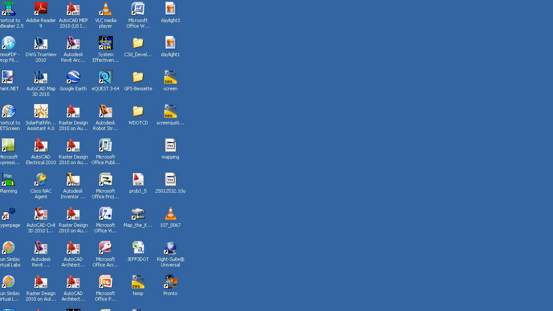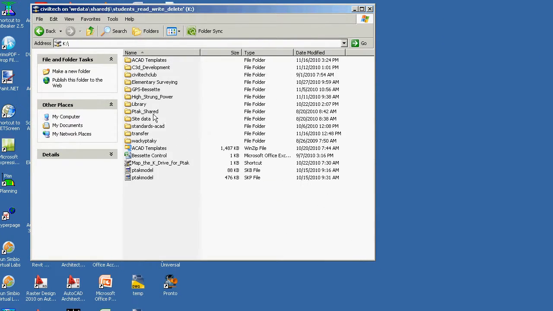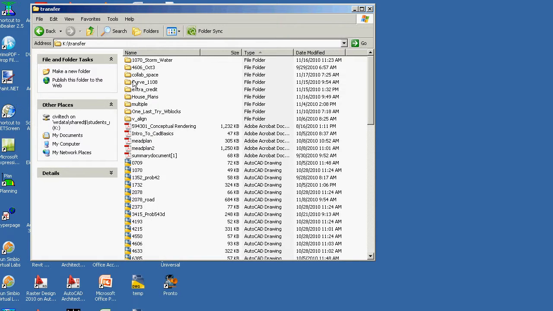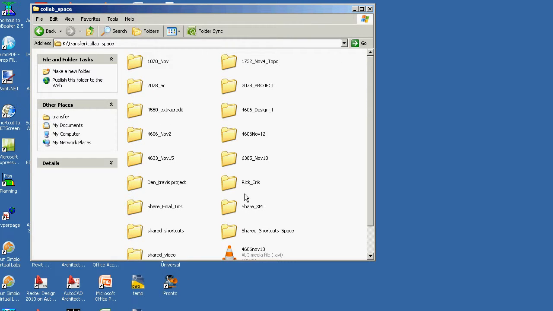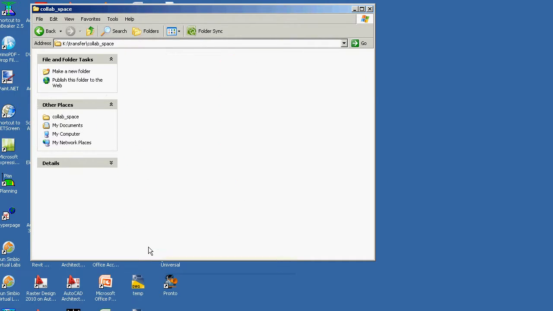This is what it looks like, start to finish, if you've got some base information out there. I have already begun by setting up, in a shared space, a directory structure called Patak November 17th, and inside of that directory structure I would have put all of my files